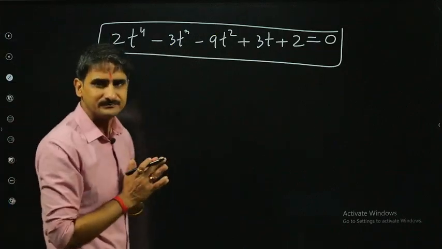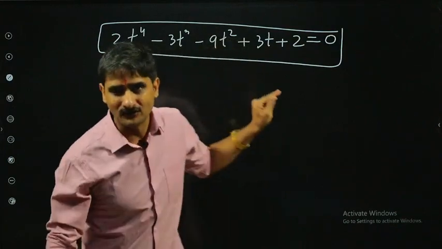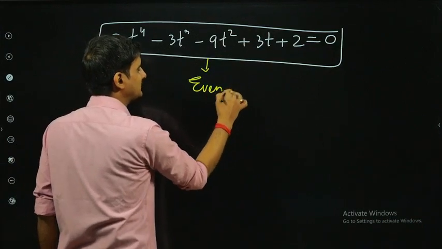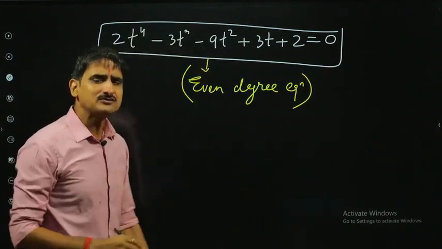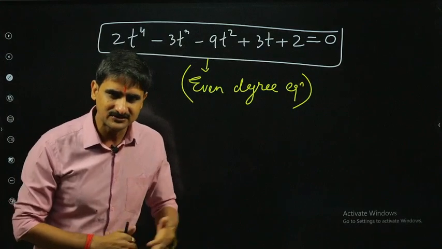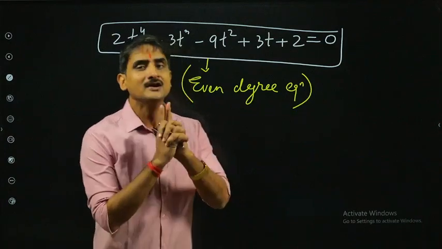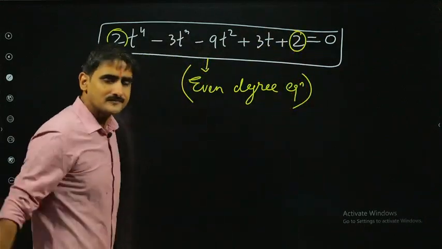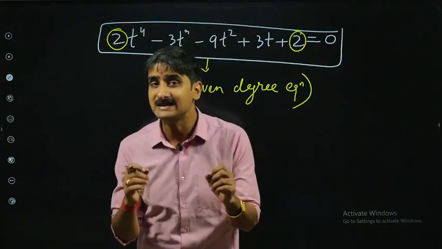Now the real purpose behind discussing this question with you is this form of the polynomial equation. It's an even degree equation, so listen to me very carefully. Even degree equation, particularly a biquadratic equation, but the statement may hold for a 6th degree equation also. If you have a biquadratic or an even degree equation where the leading coefficient is exactly the same as the constant term, the highest degree term coefficient and the least degree term coefficient, that is the constant term, they match exactly.